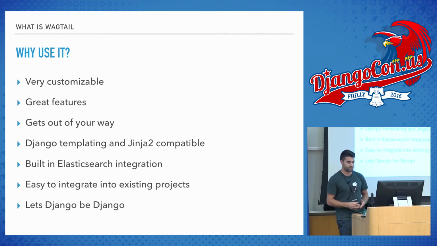It's also got Jinja 2 compatible templating, as well as Django. Normally you'd probably use Django unless you had some sort of reason. It's got built-in Elasticsearch integration. There's a bit of setup that you have to do to achieve a really good workflow or really good search capabilities with this, but it's really not much. And if you've never heard of or used Elasticsearch, I definitely recommend it. It's a really great search engine. Well, it's more than that, but it's easy to integrate in existing projects. It's not really something that works on top of Django, but more beside it.